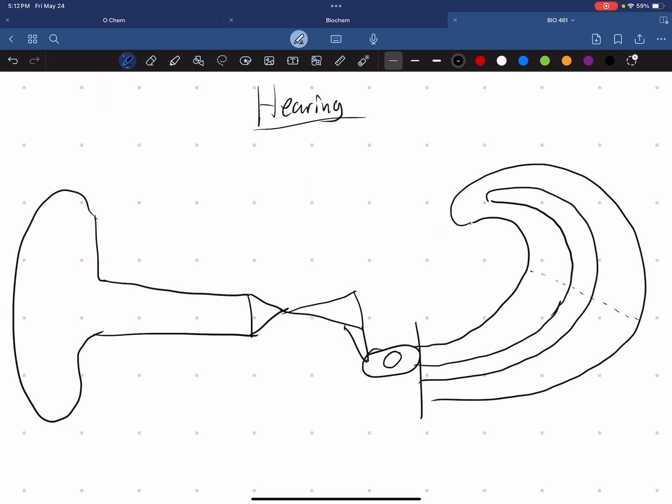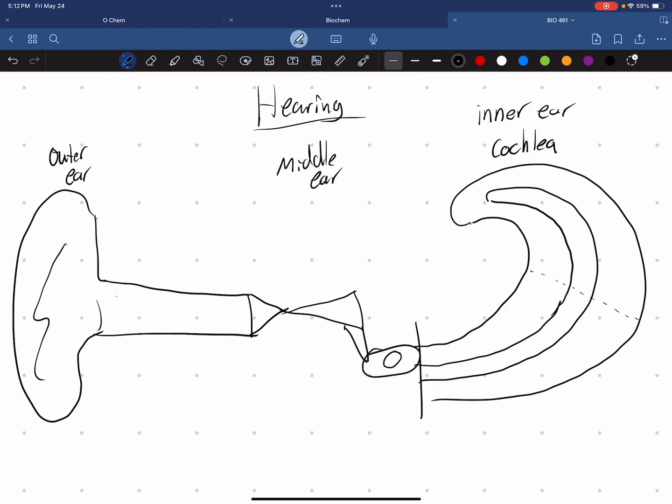Okay, and so now to wrap up this question, we'll go ahead and talk about how hearing works. So here we have the outer ear, the middle ear, and the inner ear, or the cochlea. So we know that we will hear vibrations. Those sound waves will come and travel from our outer ear through our middle ear and to our inner ear and to our cochlea. So to label right here in red,